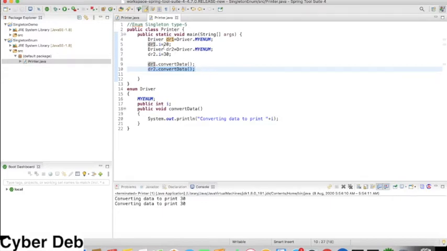So even if we have gone for assigning by using different references, here we have used dr1, here we have used dr2, but when you call dr1.convertData and dr2.convertData, we are getting the same value of i. We are not getting 20 and 30, meaning the value 20 of i is reassigned to 30 because there is only one object. So this is the best practice of singleton model,